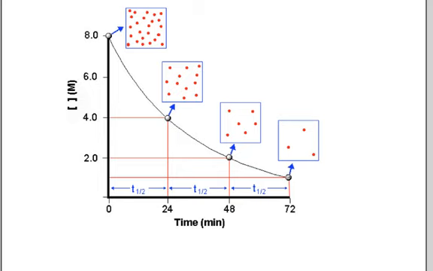Once again, half-life, you probably heard of last year through nuclear chemistry. Half-life is the time it takes for something to decay in half. So if I have a certain molarity here, like 8 molar, then what is the time it takes to get to 4 molar? Here's 8 molar, here's 4 molar, here's the time that it takes to get there, 24 minutes. So the half-life for this is 24 minutes. Every 24 minutes it decays in